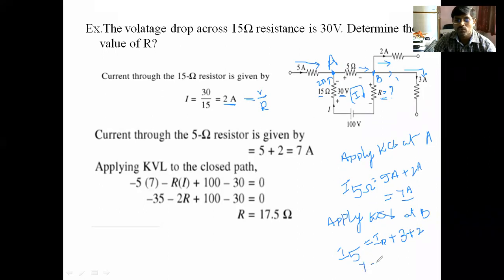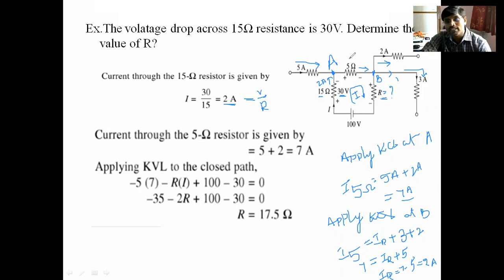So 7 is equal to IR plus 5. So from this, IR is equal to 7 minus 5, which is equal to 2 amp. So therefore, the current flowing through R is equal to 2 amps